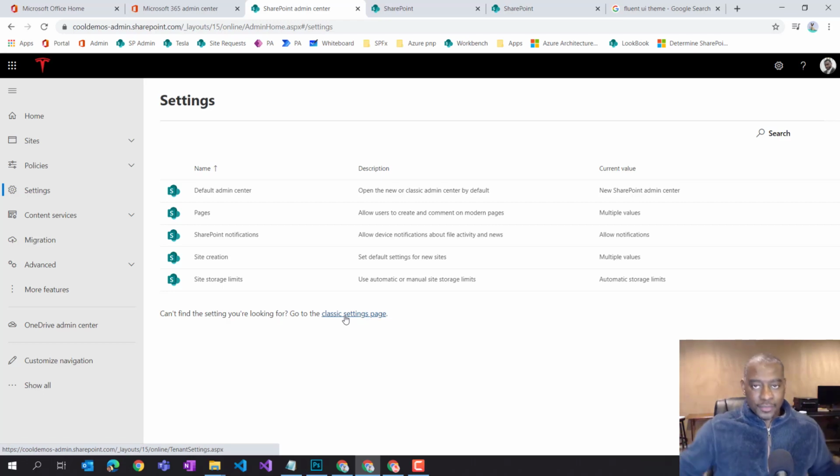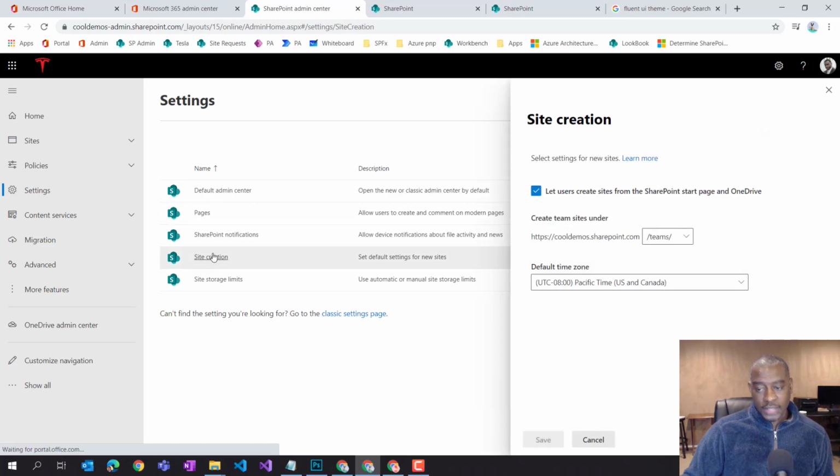I think from a theme or a strategy perspective, as a SharePoint admin and as a SharePoint architect, you should be migrating and pushing the company, the organization towards the modern SharePoint stack. So there's a lot of classic settings that only relate to classic SharePoint's site collections, and you're going to see a lot of that there. But the one that we're looking for is on the site creation, and you simply have to uncheck this guy